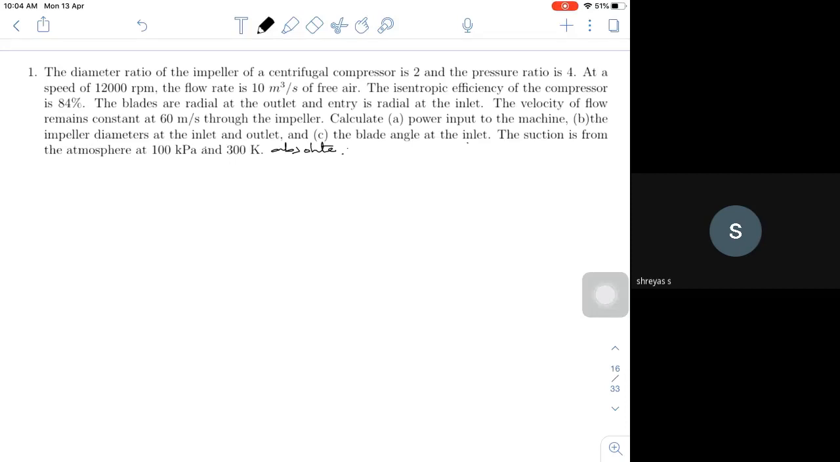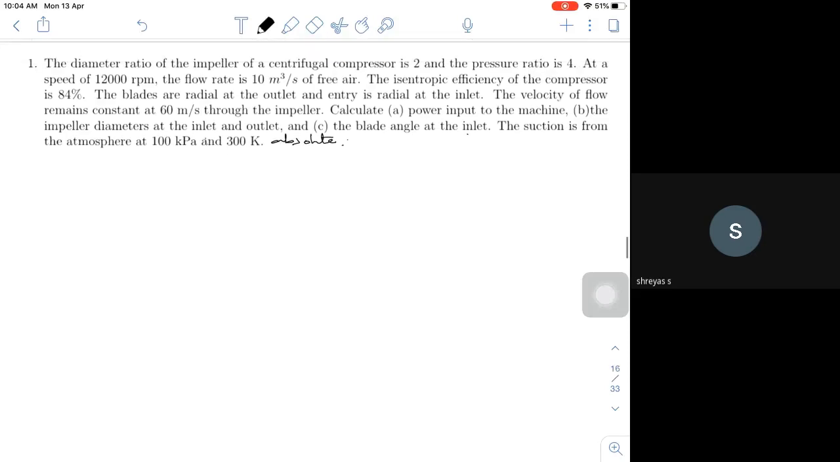Okay. So what I will do is I will try to write the TS diagram and corresponding velocity triangles other than the data. Let's look at the solution. So what is given? If I take the given data, D2 by D1 is equal to 2, and my pressure ratio is equal to 4,